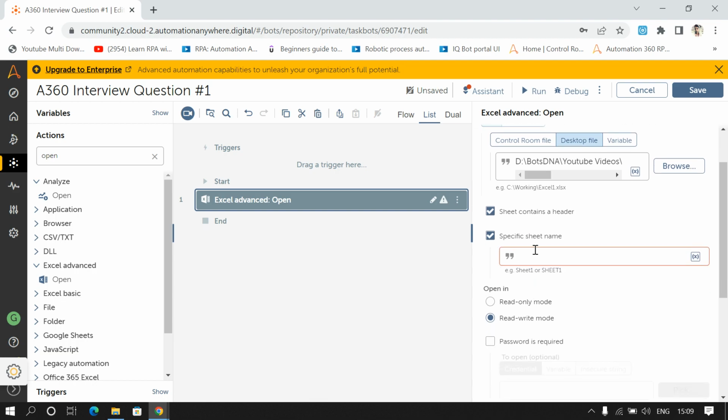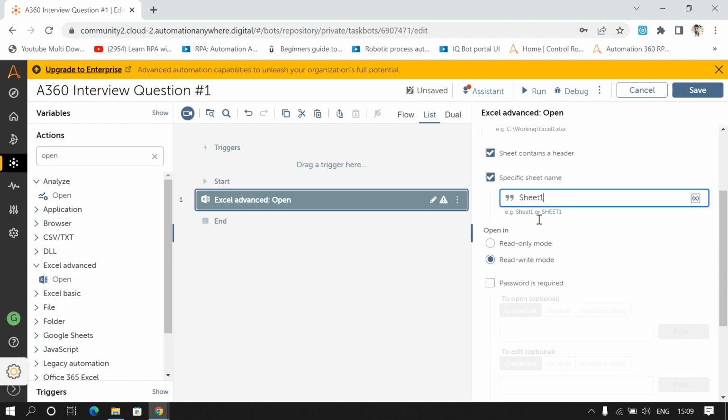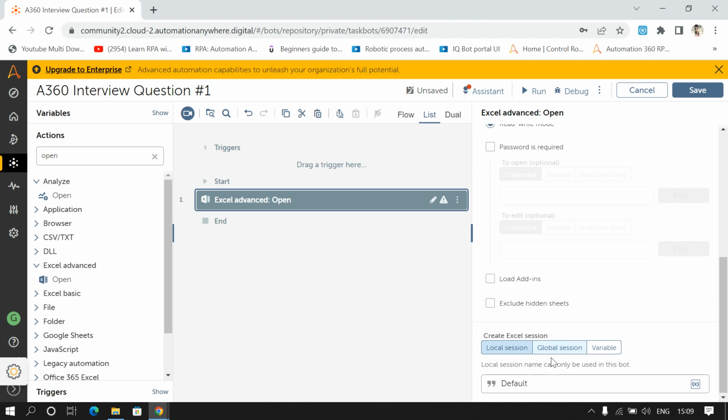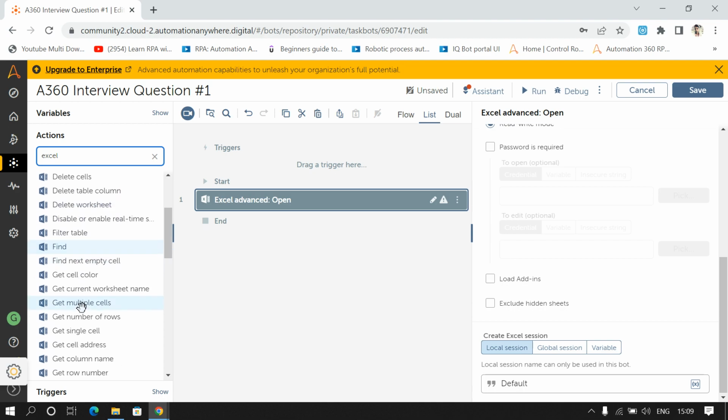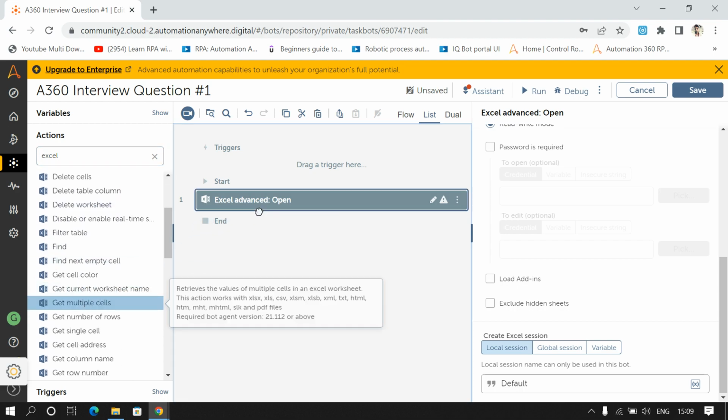When we have only a single sheet in our Excel file, then we don't need to mention the sheet name. But when we have multiple sheets, in my case we have 3 sheets, so here we have to mention the sheet name. So I'll give sheet 1. I have to read the data from sheet 1, and I'll give the session default. And after this, from the Excel advanced package, I'll use the get multiple cell command